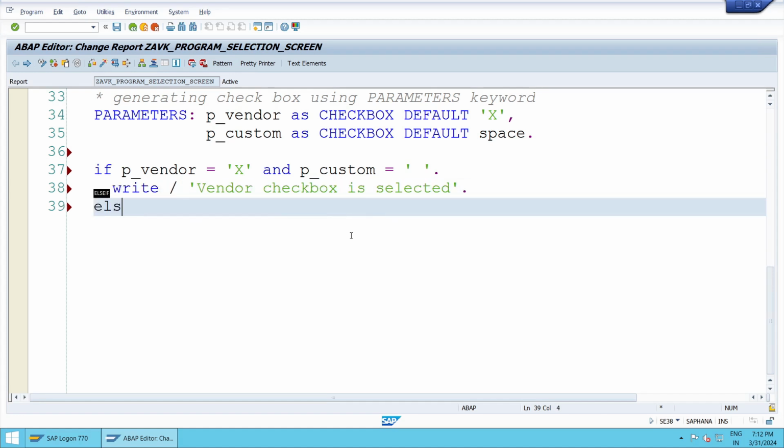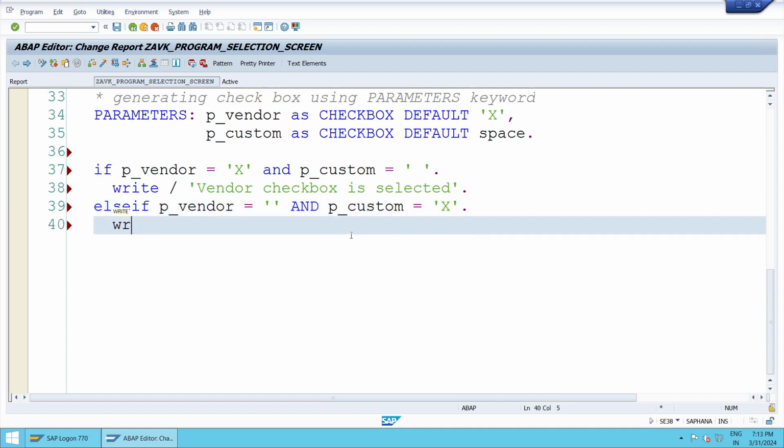Okay, else if p_vendor equals space and p_custom equals X, then write statement,